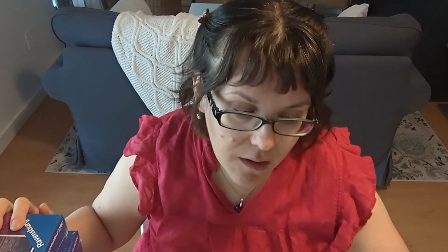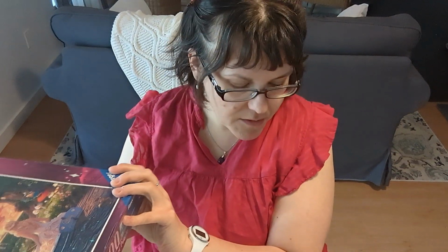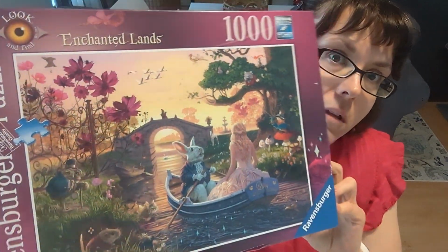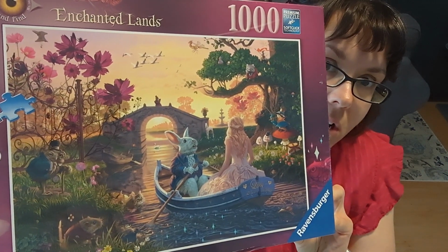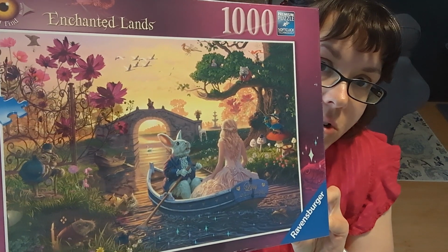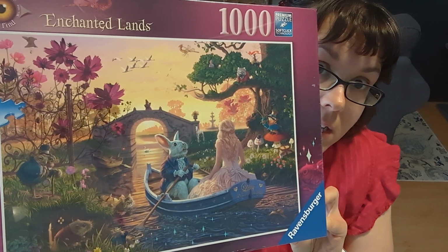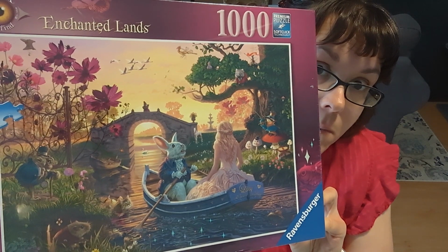The next one, I realized the box is damaged, but I'm thinking I may have done it. There's a little hole. It is called Wonderland by Steve Reed. I have a small obsession with Alice in Wonderland, and though this does not clearly depict Wonderland, it is called Wonderland, but I picture that's Alice in the boat with the rabbit who's late for a very important date. And the picture is quite dark, so there are lots of things happening in it, but you can't quite